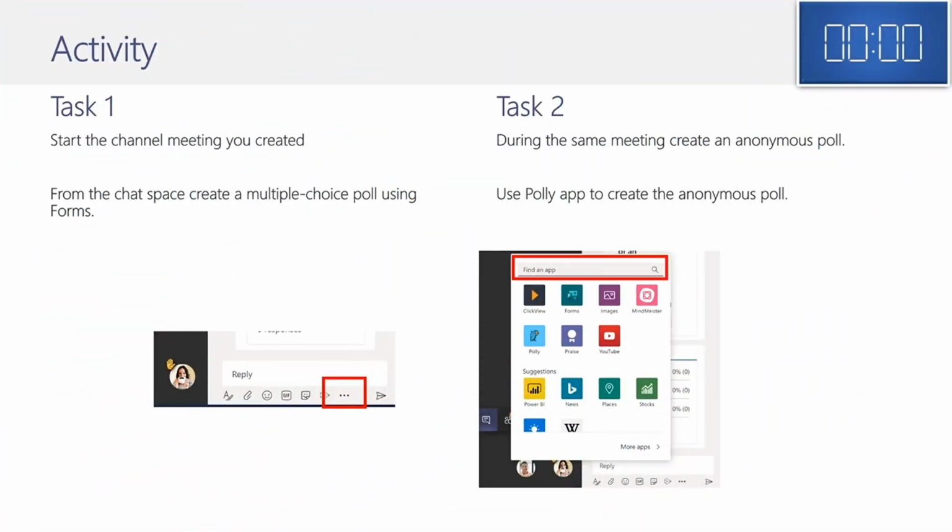Okay, everyone, that's our 5 minutes up. So what I'm going to do now is bring up my team that we are working on, and take a quick look at the content that we have. It asks you to start your channel meeting, as I don't have a channel meeting right at this very minute. So I'm just going to do a quick meet now, and I'm going to block my microphone and my camera in this instance because we don't want to get any feedback. And I'm just going to start this meeting. So the meeting has started.